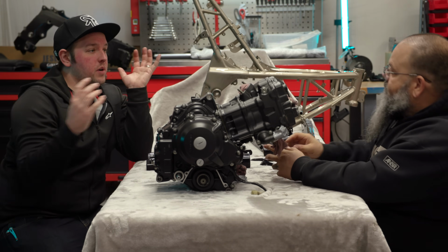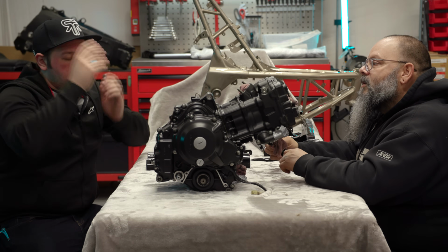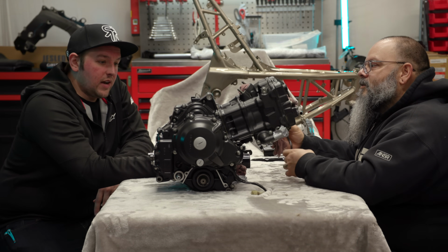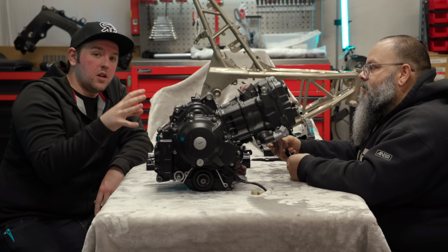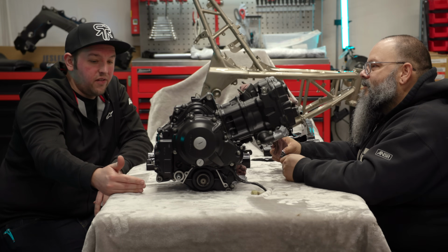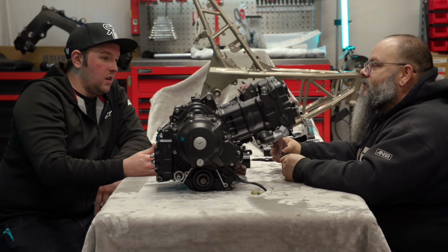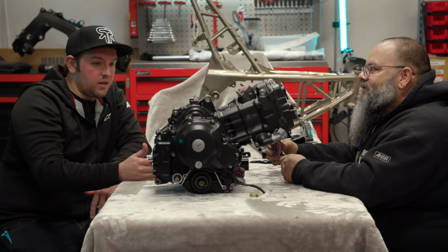I think that brings everybody up to speed with where we are with the 300 engine. What it's looking like for the other builds as well is, now that we've got all this stuff for the 300, we're gonna try to fast track our 300 build to get it out of the way, to get it done, have it finished, and then we can swap focus back to the 600 and the 1000. Because right now we've all been doing a lot of drudgery work through a lot of these builds